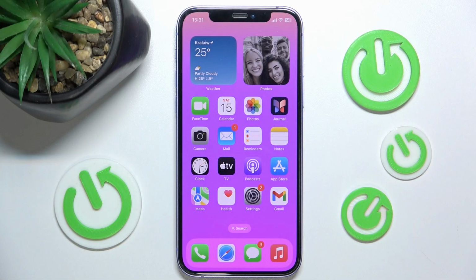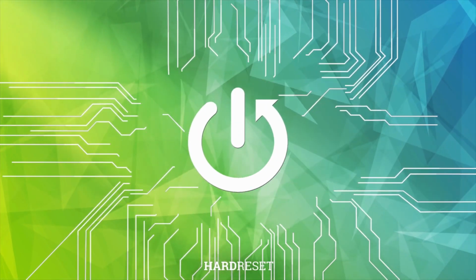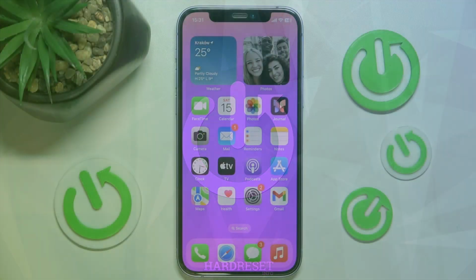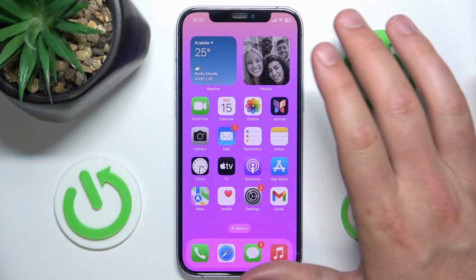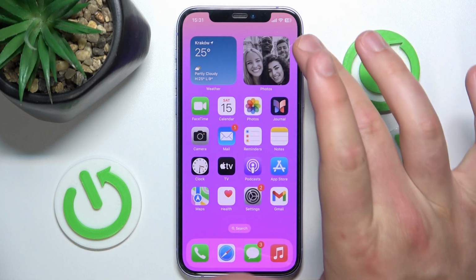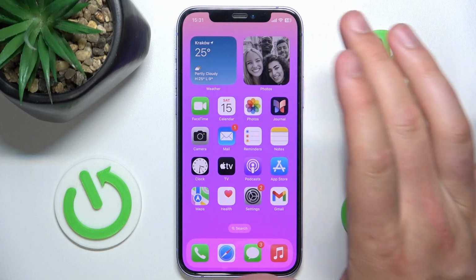Hello, in this video I'm going to show you how to stop Siri learning from your phone app on the iPhone. So today in front of me is the iPhone 12 with the iOS 17.5.1, but it really doesn't matter which iPhone you have or which version of the iOS you have, it is all going to work the same on